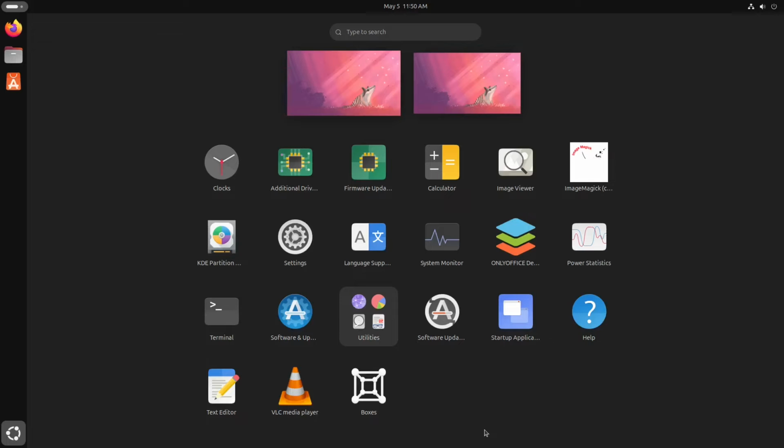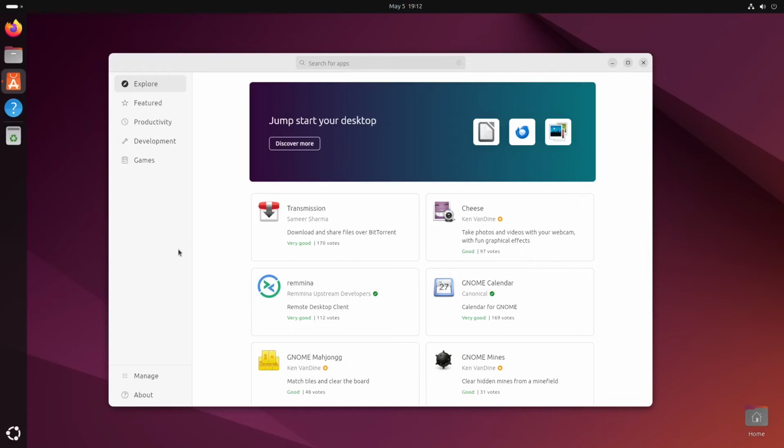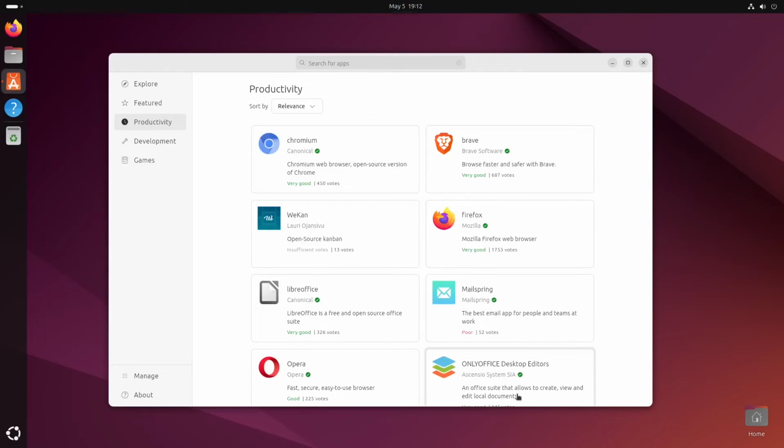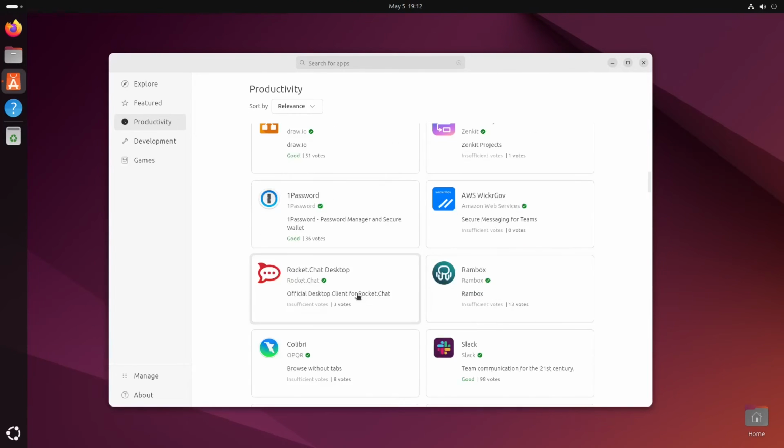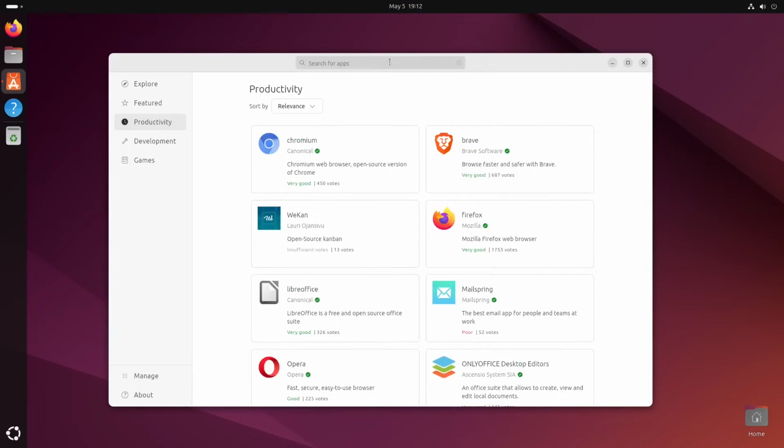As you can see, this is my desktop. So I already installed my KDE Partition Manager. I also installed the OnlyOffice, VLC, and Boxes. So regarding the application that you would like to download, for example, we would like to install some of the applications for our productivity. We have OnlyOffice right here, LibreOffice. So for example, we also wanted to install the Microsoft. Of course, just type in the Office, and then